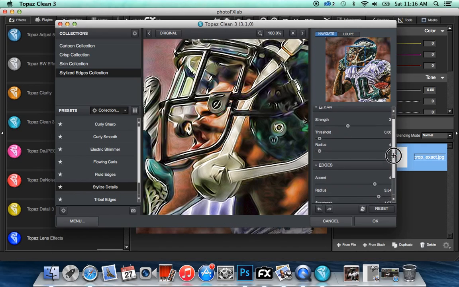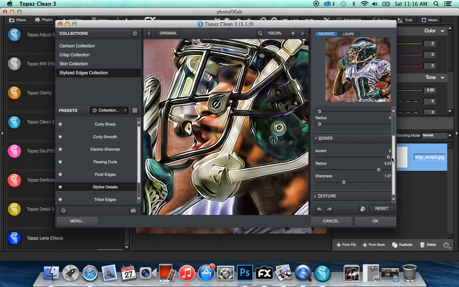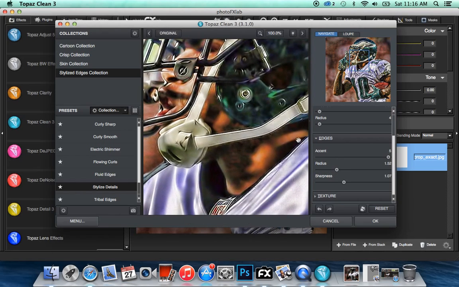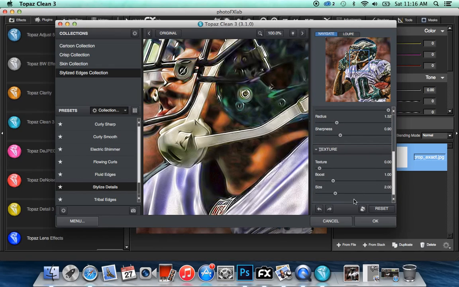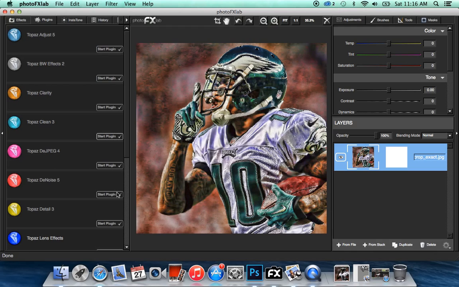Next step is the accent. Let me check this. Yeah, leave that at 5. And then the radius, you gotta put somewhere between 1.5 or 1.7. It just makes it look a lot better. The sharpness, I usually put down just a little bit, not too much. The texture, I just don't really care about all that, so actually the boost goes at 0, or 0.25, sorry. Then you push OK, wait for it to load, and then my next step is to go to